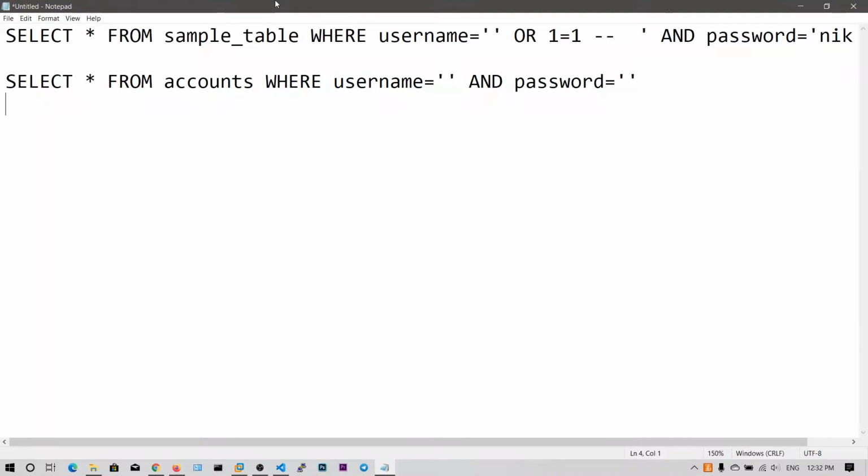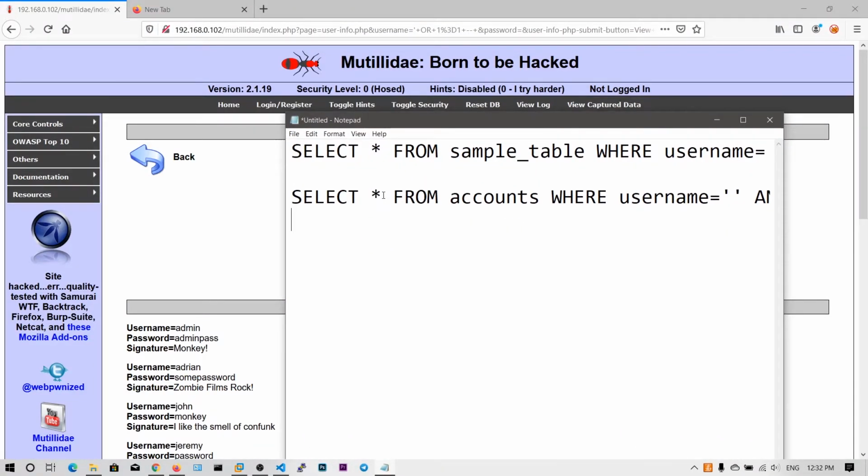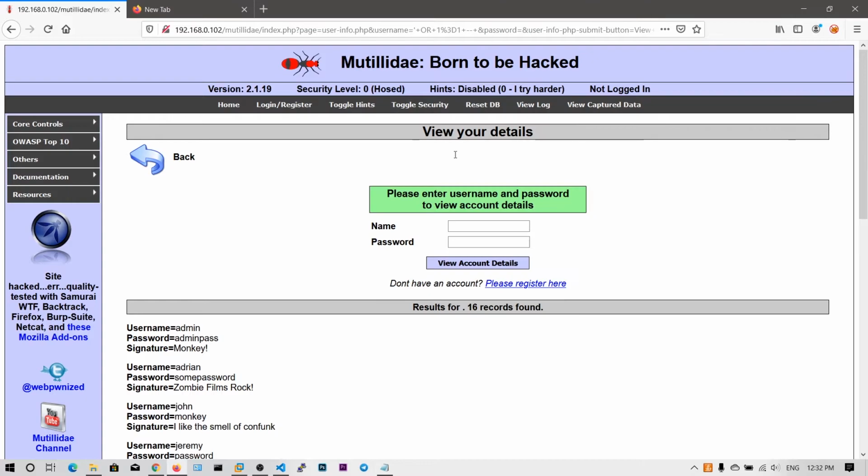One thing you need to notice is that even if you have the select star from accounts, after getting the result, this PHP web server may filter some of these columns and display only a few. Here I have select star, and I have 3 columns: username, password and signature. PHP may show you only these 3 columns, but in reality we do not know how many columns this accounts table has. So we need to find out the number of columns in this accounts table so that we can execute some queries.